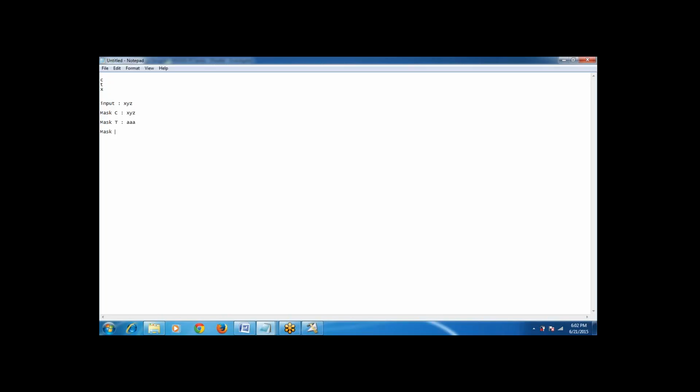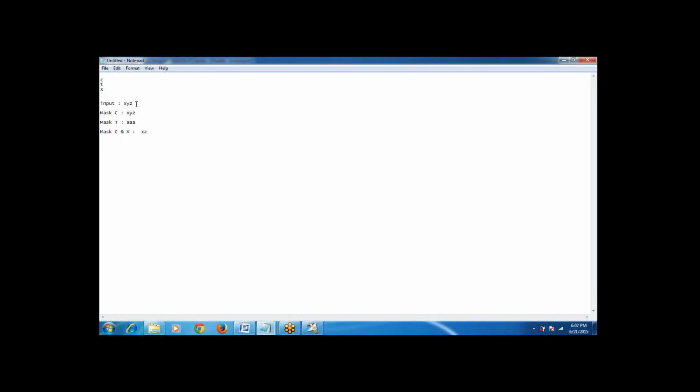If I apply mask C and X also, and I apply the mask X on the middle character, on Y, then my output will be like this. First analyze these outputs, and then we will see a few more combinations.